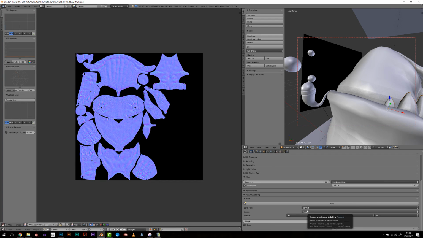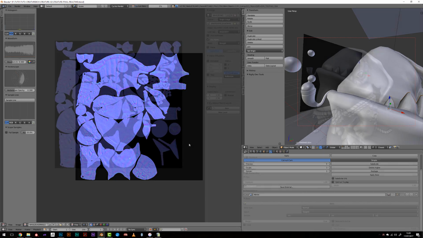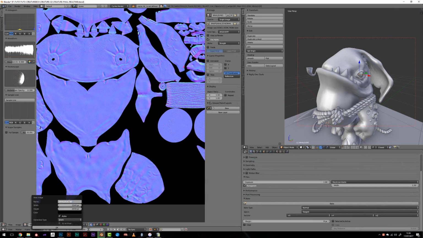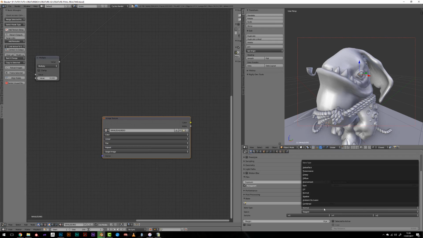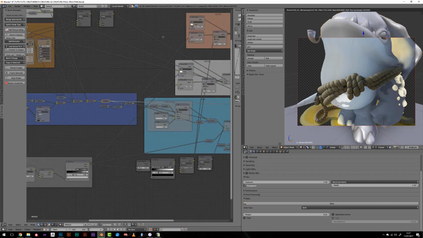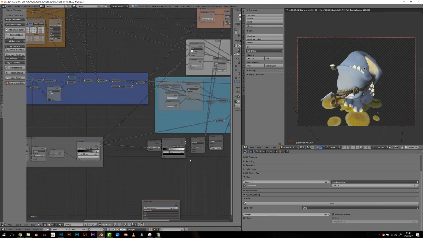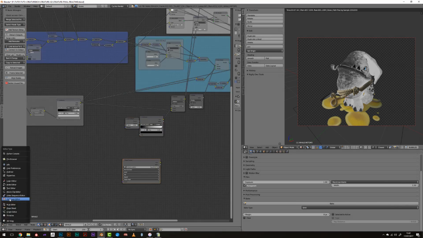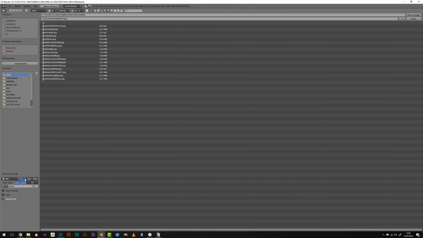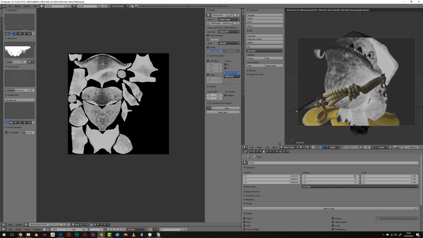And this is why I've also used the displacement output while creating my shaders. I never use it, I always use bump node, but the fact that you use it when you will bake the normal map, all the details that you put into the displacement output of the material node will also be baked as a normal map.